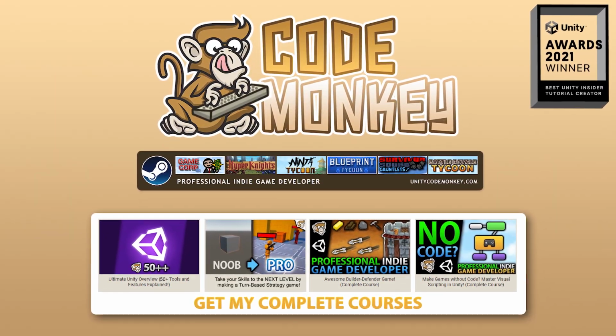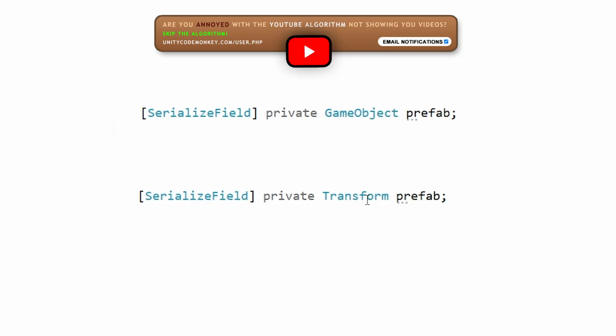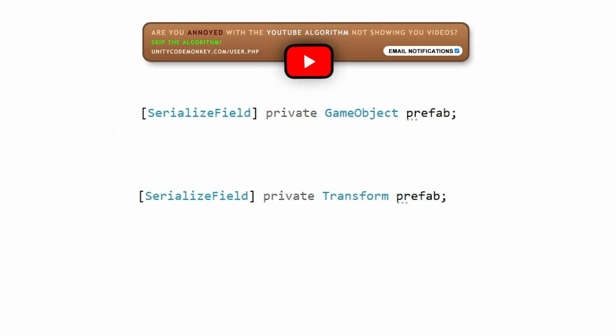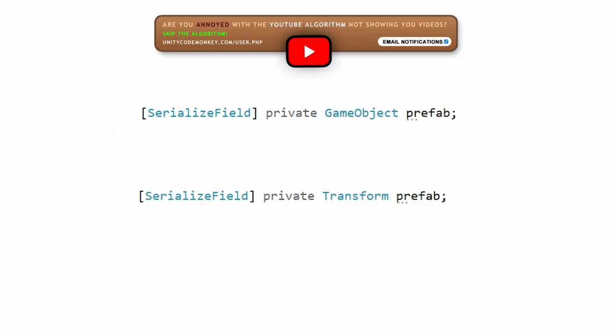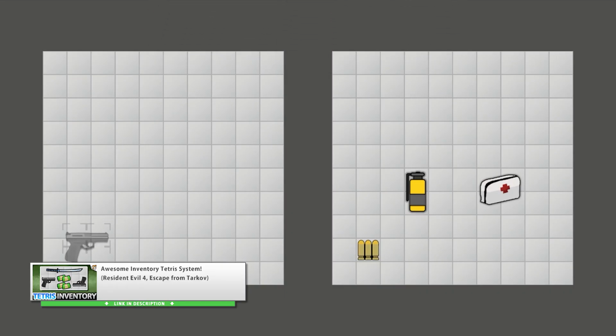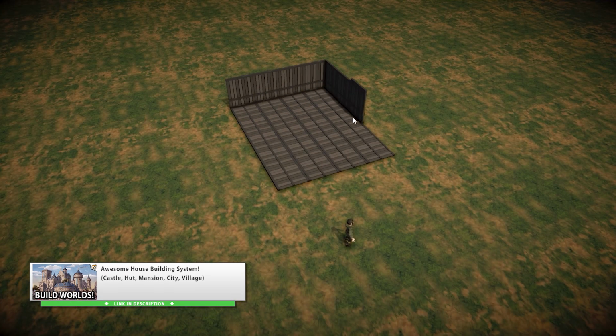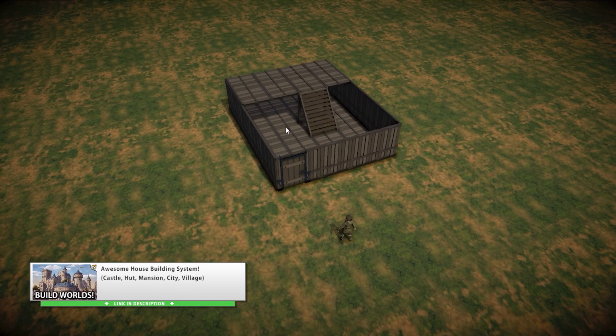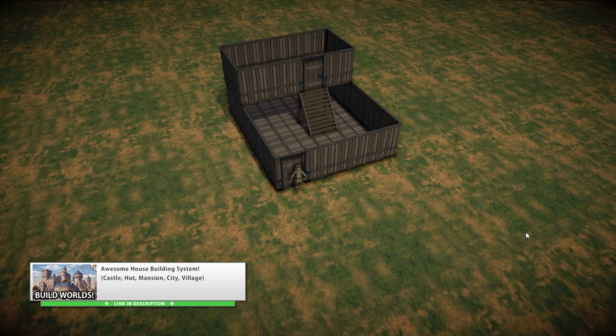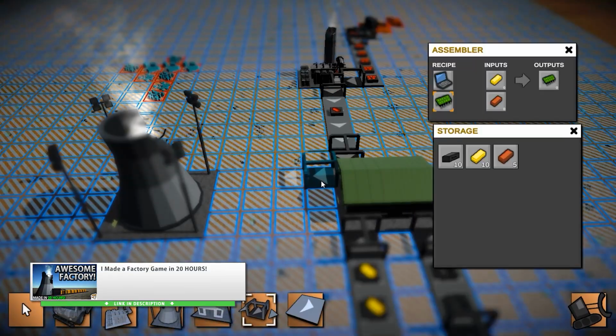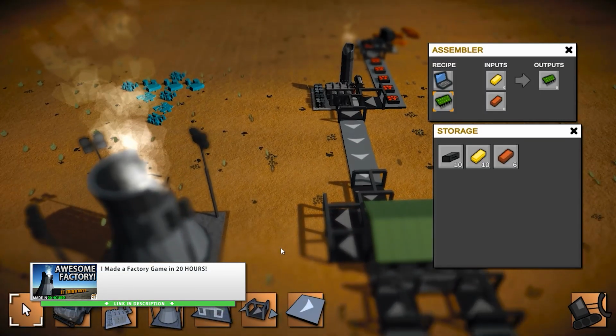Here's a super quick video on something that some people find quite confusing, which is what is the difference between a GameObject or a transform? Now, where I see this question pop up is whenever I have some video where I call Instantiate to create some sort of prefab instance, and usually as a personal preference I tend to use transform references for the prefabs instead of GameObjects. And for some people that can be confusing to see if you've always learned to reference your